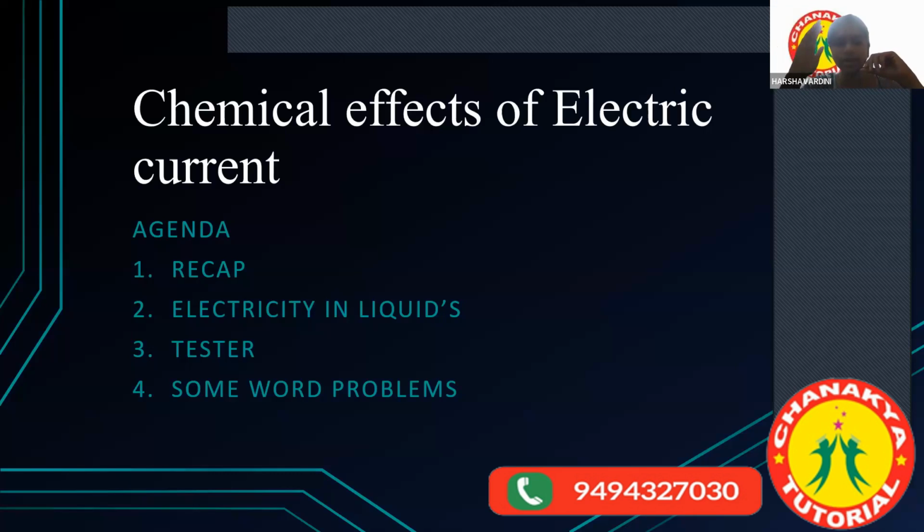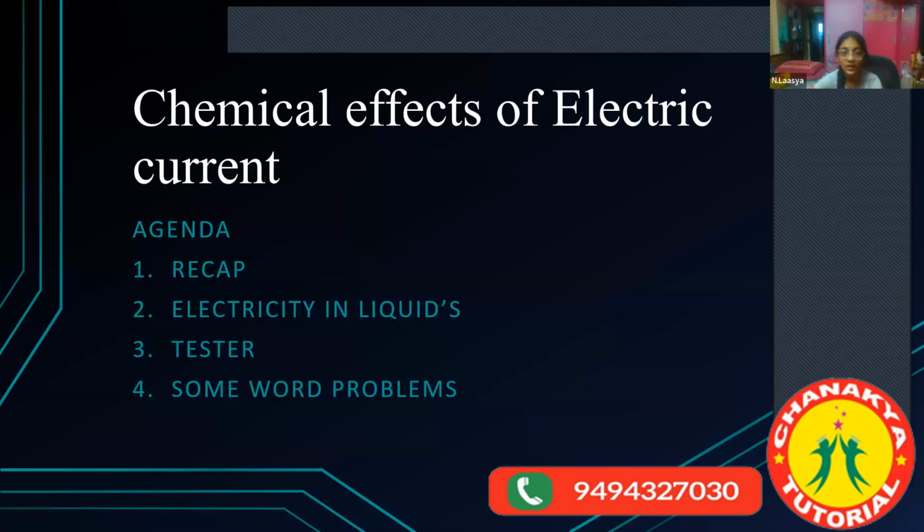Okay. So now we are going to talk about something called chemical effects of electric current. Before going very deep into the effects, I hope you all have learned about electric current and its effects in the chapter in standard 7, if I'm not wrong. Yes, ma'am. It should be an interactive session. I want everybody to unmute and talk. Okay. So what did you learn about electric current in your 7th class?